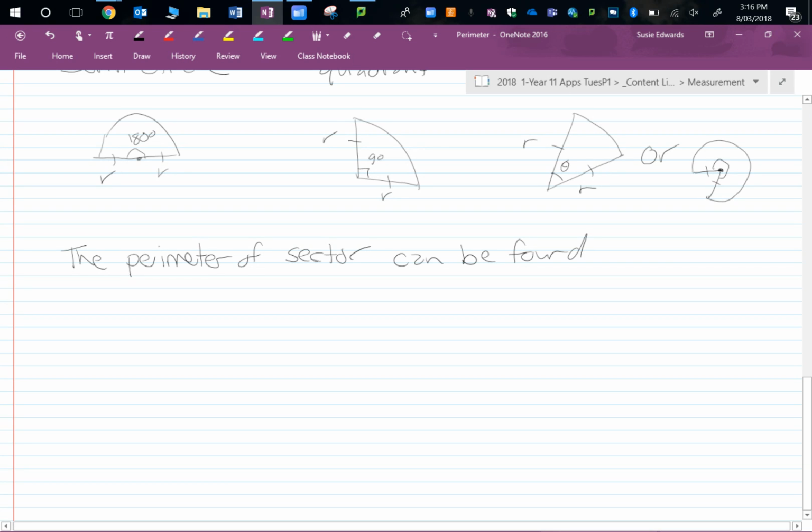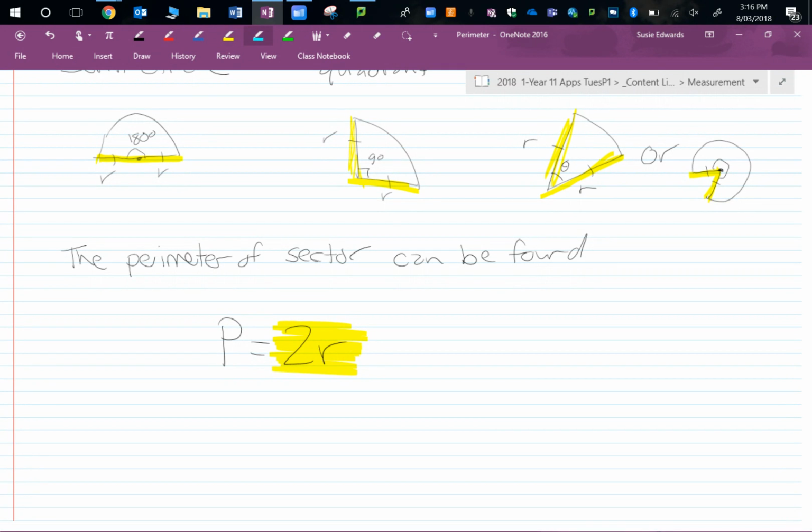Good. Okay, so for each of them, notice we've got 2 radii there. Radius, another radius. So if we look at the perimeter equals 2 lots of r, that gives us the yellow bit. 1 radius, another radius. 1 radius, another radius. Okay, so we've got 2 lots of r. What do we still need to be able to find the rest of the perimeter of this shape? The circle part, okay? So we need to be able to find this part, or this part, and this part,